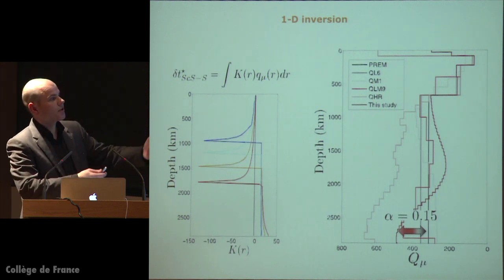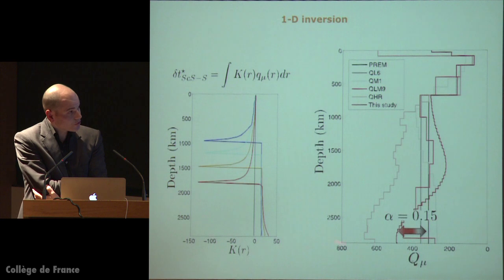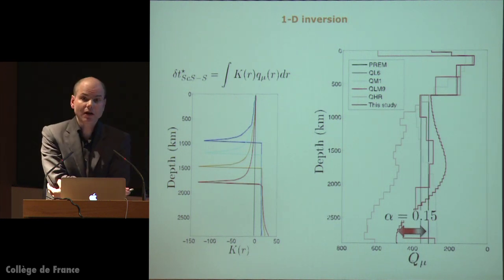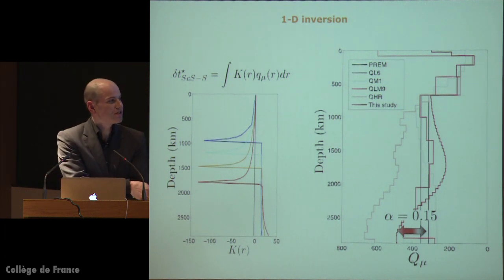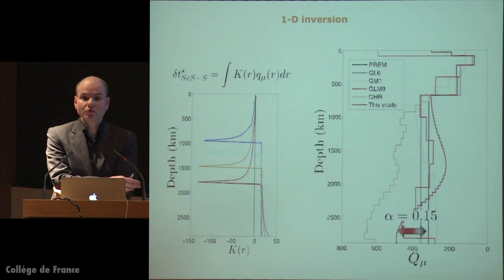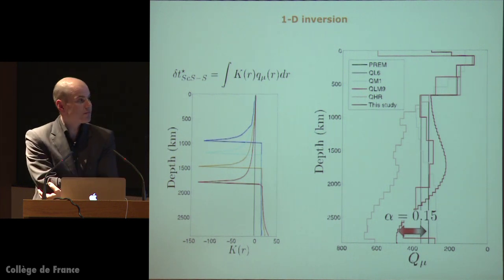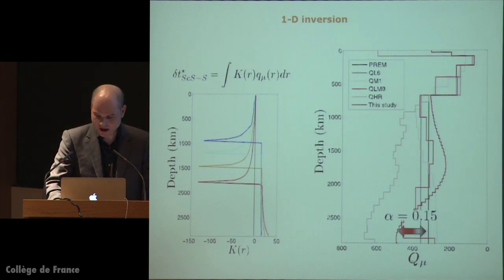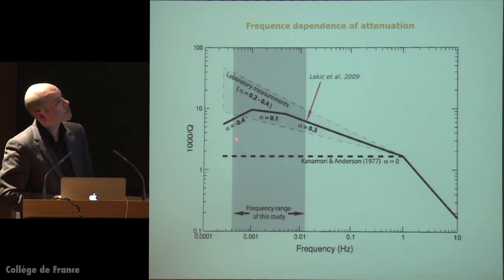And assuming that, for example, it's frequency dependent, we have some quite good indications that the alpha, which is usually assumed by a lot of seismologists to be zero, no frequency dependence of attenuation within the seismic band, we have recovered a positive alpha, which is quite in accordance with some previous results